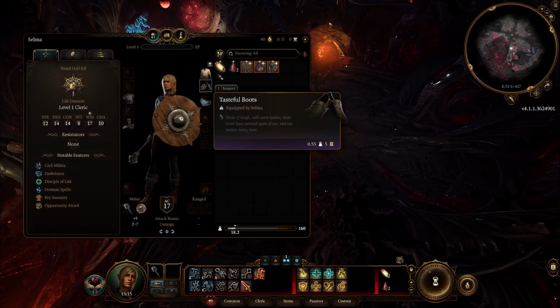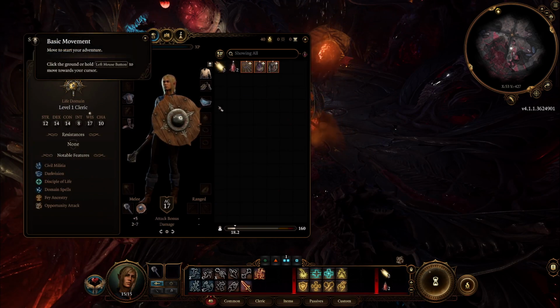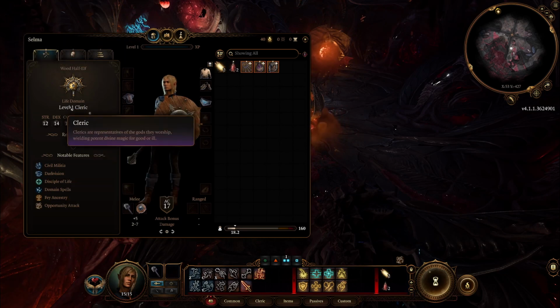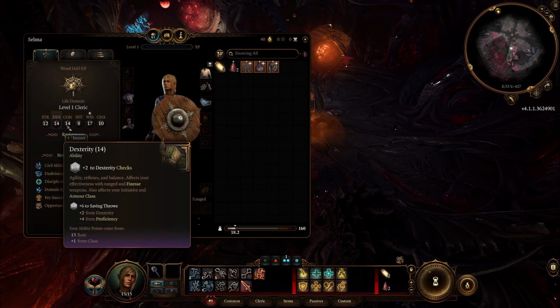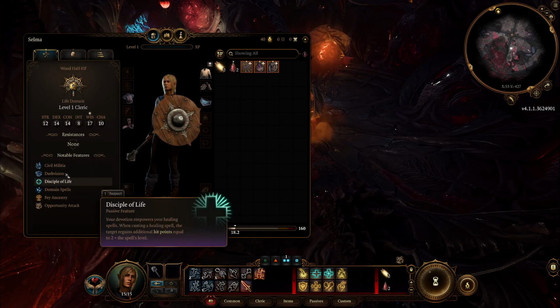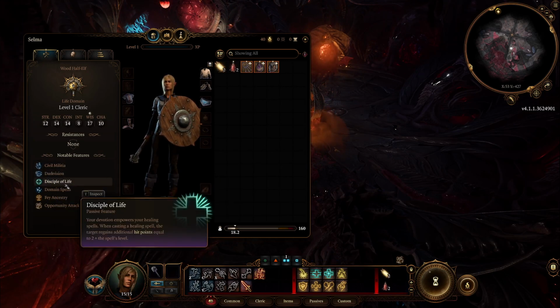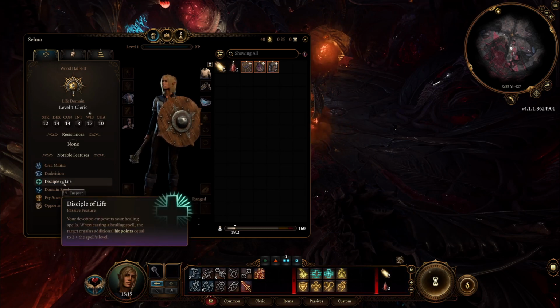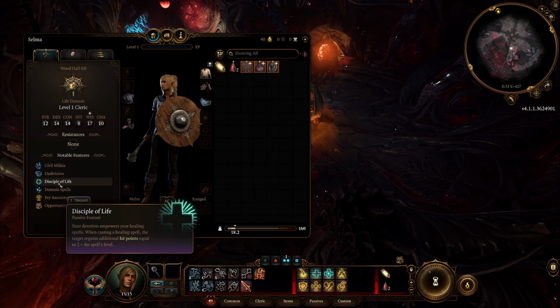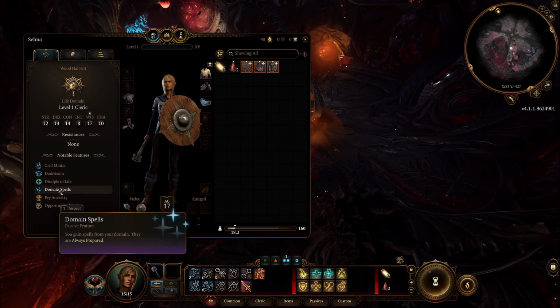So, what we have right now is you're a level 1 cleric with 12, 14, 14, 8, 17, 10. We have no resistances. We have civil militia because we're a half elf. Dark vision because we're a half elf. Discipline of life because we chose the life domain.